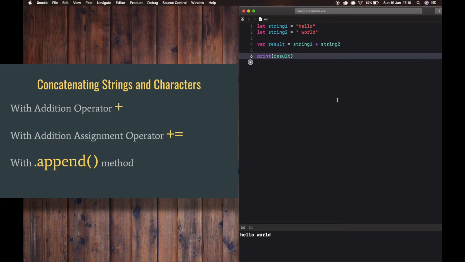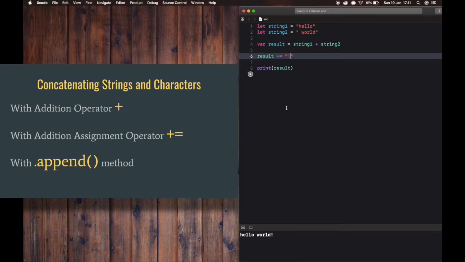You can append a string value with another string value. For example, in this string I need to append another value, plus equal to, using this addition assignment operator. I have mutated that string with addition of exclamation mark at the end of the string.